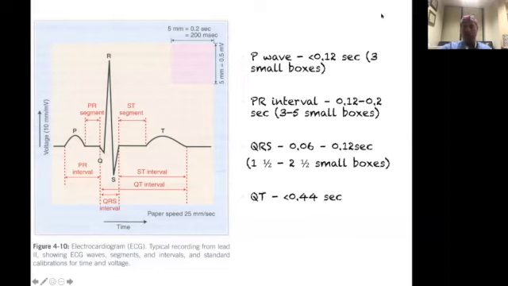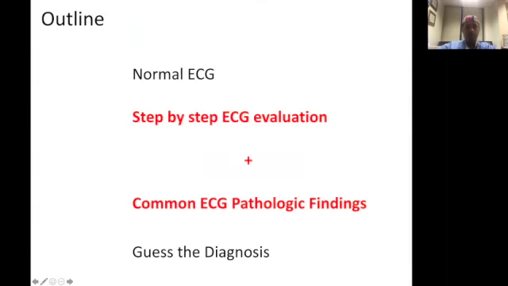Okay. So if you see QRSs that are longer than this, then there's some abnormality with the electrical activity in the heart. If the PR interval is longer than that, then there's some abnormality in that EKG. And knowing normal is what helps us identify what's abnormal. Okay. We're going to cover a step-by-step ECG evaluation that's going to help us identify some common EKG pathologic